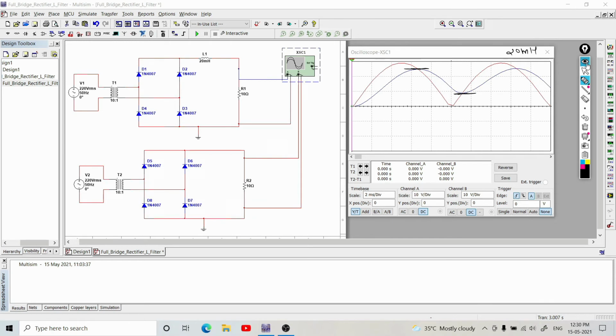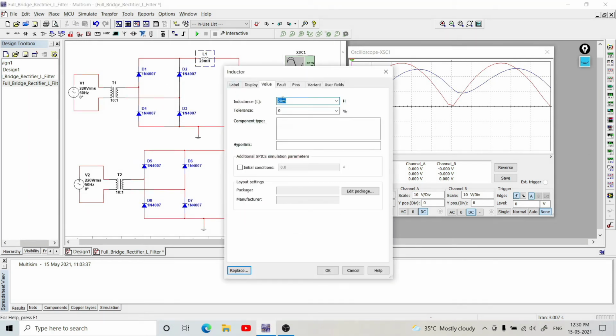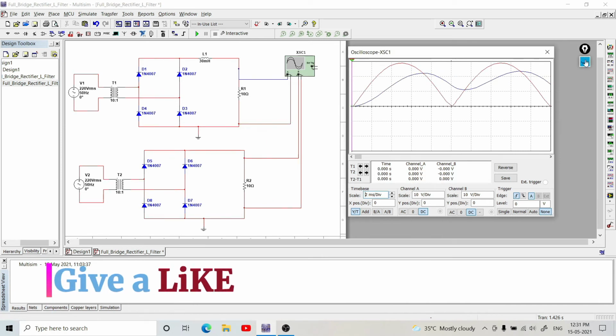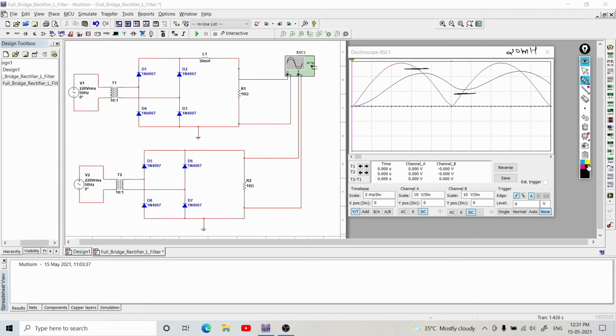Now what I'll do, I'll change this inductance to let's say 30 millihenry, and then we'll run the simulation again. We'll stop it, bring it to initial section, and we'll compare it again with previous one, and this time we'll make it with different color.